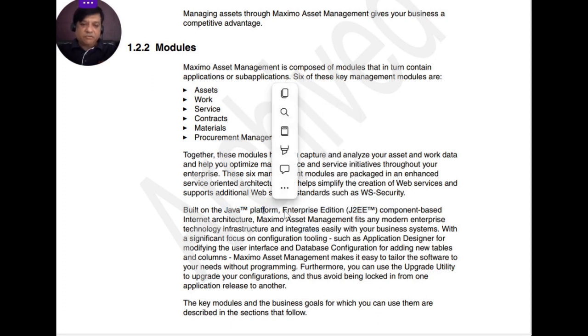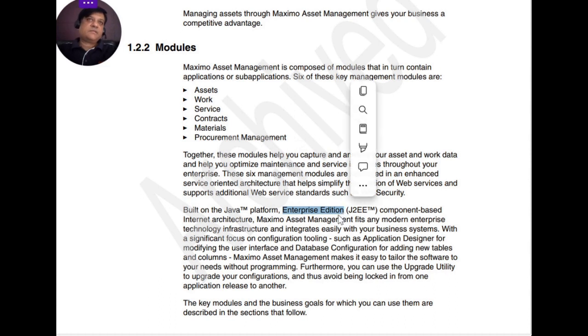So what is Java Platform Enterprise Edition? It is the platform wherein you can create the entire architecture, in which there is the client, the server, and the database server. The fourth client can be the database modules that you put over there. That way you can create the J2EE component based internet structure in Maximo,